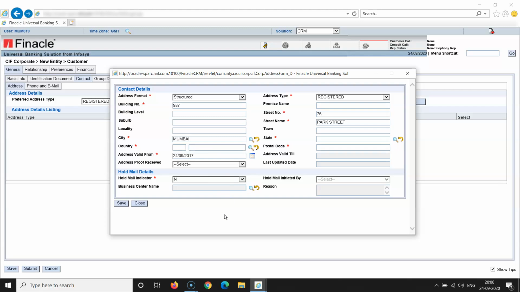Relationship start date, incorporation, valid, and address proof received, right? Address valid from. These are very essential in doing corporate KIF ID. Address proof received, yes.